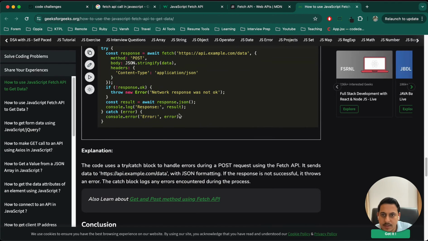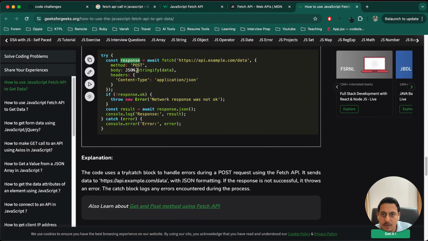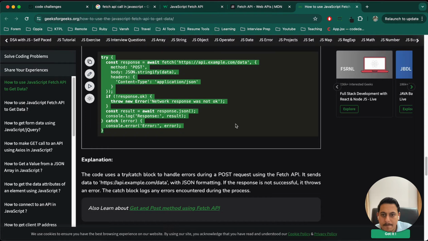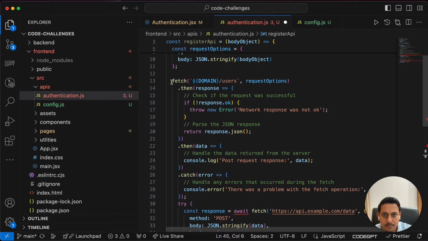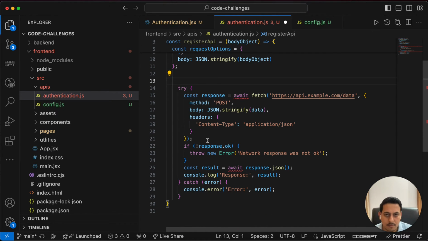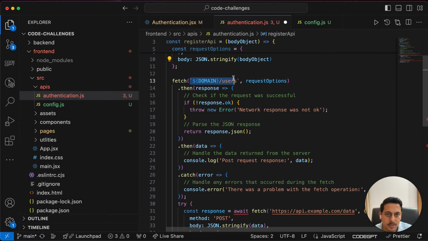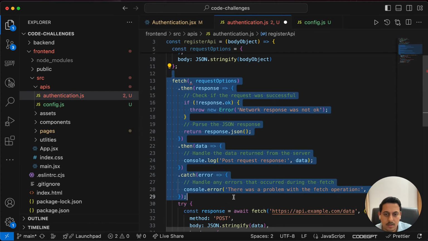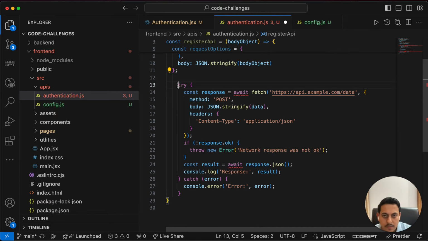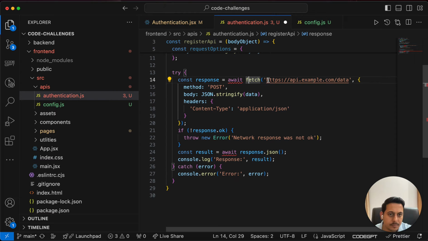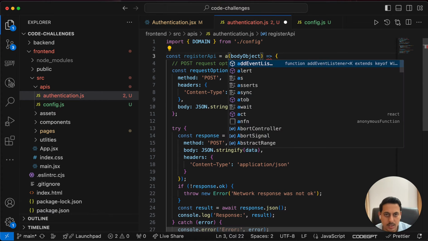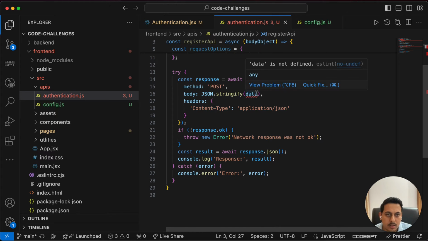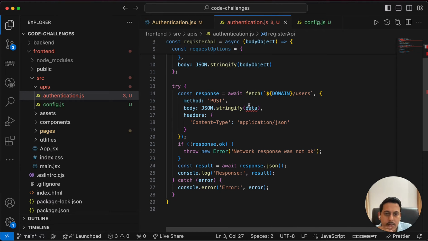Let me check a couple of more examples. I'll use this one actually. Let's cut this. Fix the indentation. Use this API now. Await. Okay, we are using await, so I'll have to use async. So that is done, and